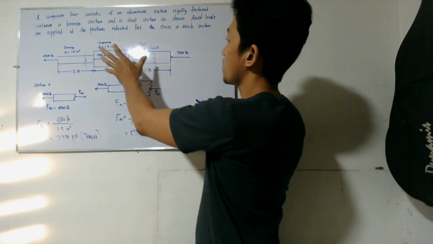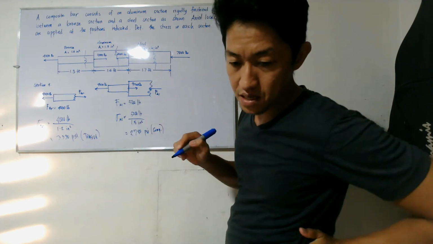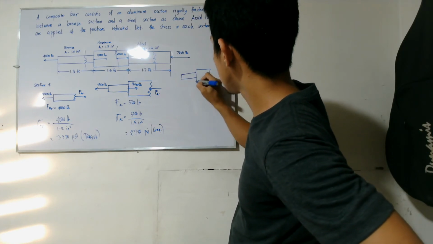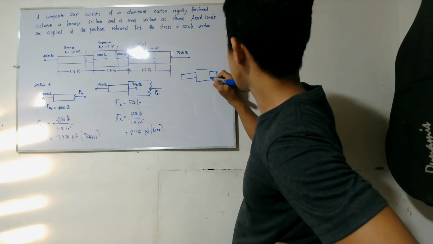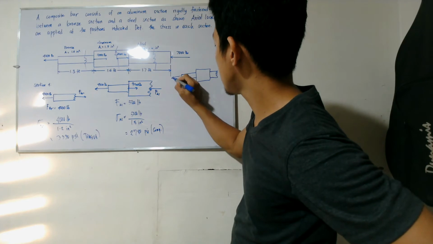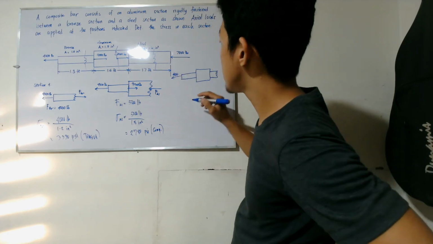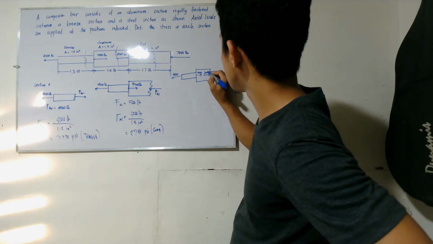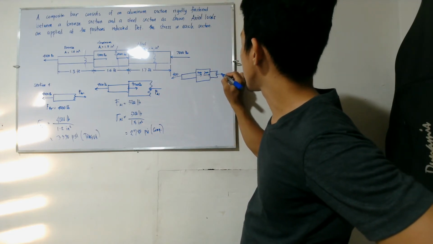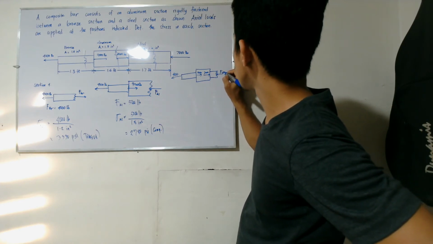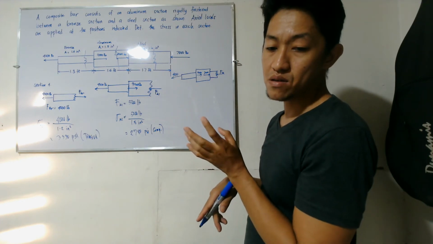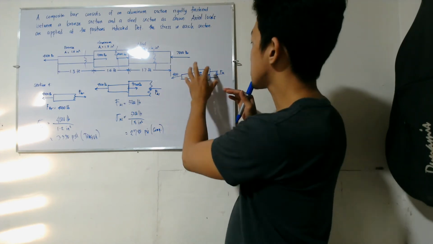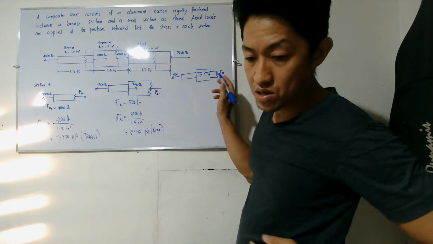We can consider the left or the right side. If we consider the left, let me just make my drawing. You have 4,000, 4,000, and then 9,000, 2,000, and a reaction force around here, F steel. Why to the left? It is just an assumption. But if you look at it, it should counteract whichever force is bigger. The force going right is bigger, so probably it is going left.